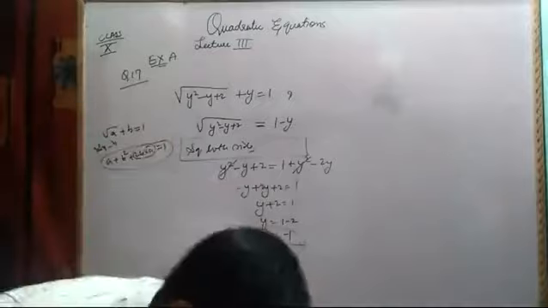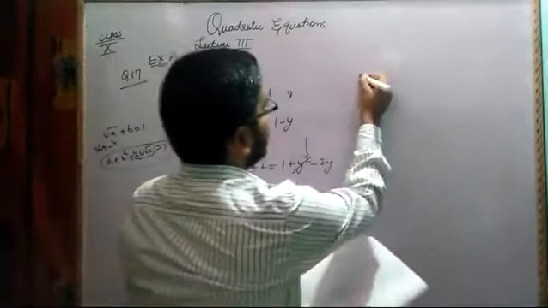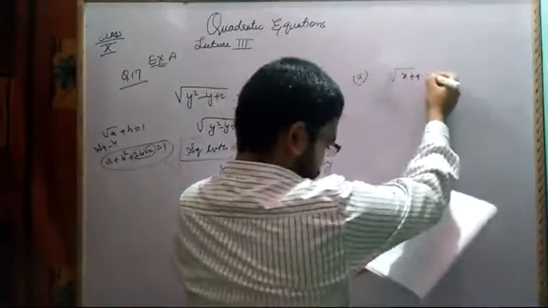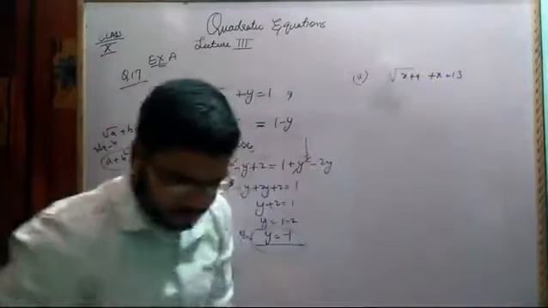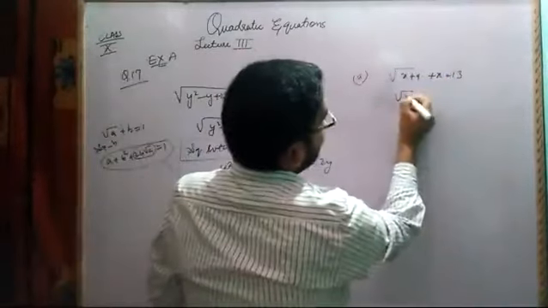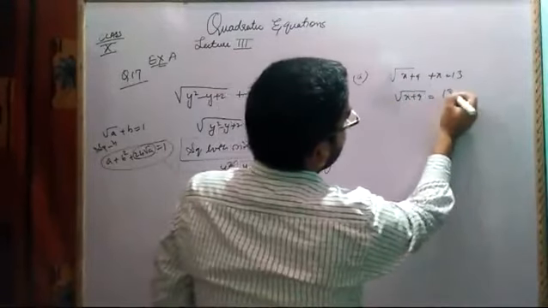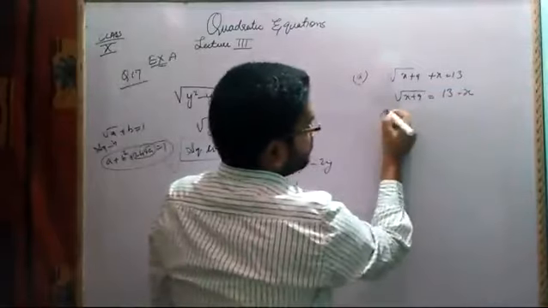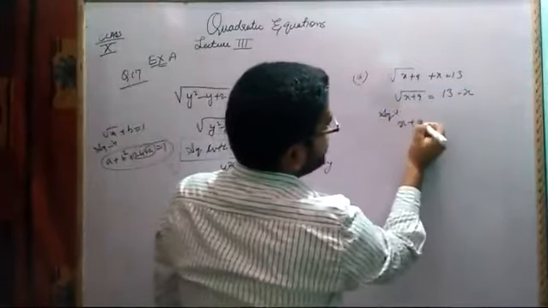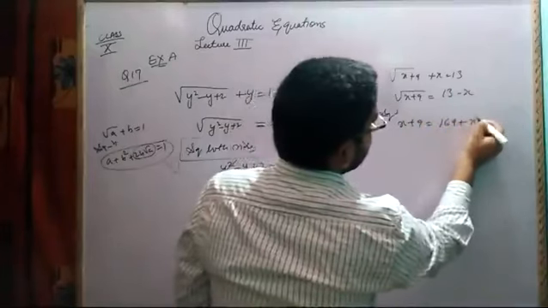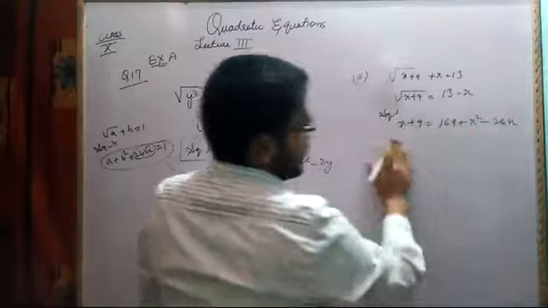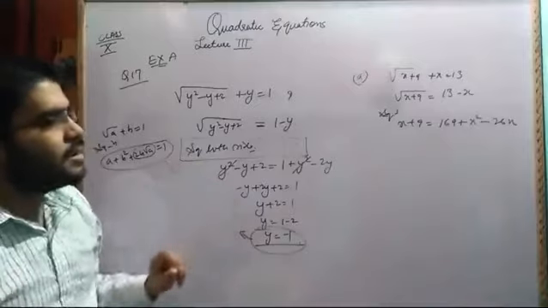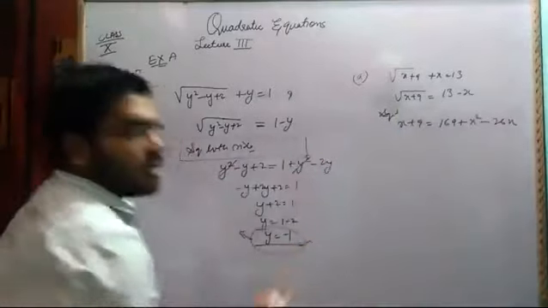There may be other problems. Let's go for another one, and let us solve and see whether what I am saying is correct or not. Root x plus 9 plus x is equal to 13. Now if I solve this, root x plus 9 is equal to 13 minus x. Now again if I square both sides, we will get x plus 9 is equal to 169 plus x square minus 26x. In this case, x square is not getting cancelled. Here we were getting x square cancelled due to squaring, here we are not. So luckily we have got only one solution.